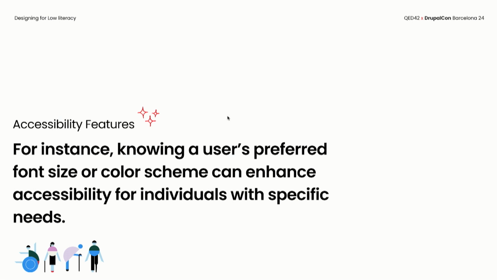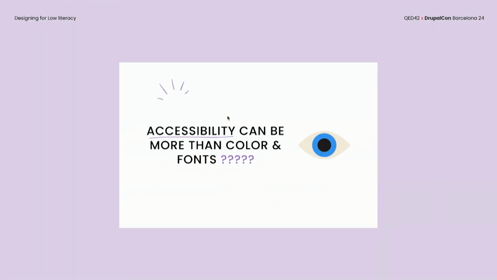Accessibility features, for instance, knowing the colors, what colors and color schemes users prefer, icons, and font size. But it's important to understand that not all colors work for users. Black and white works the most, and it is accessible for all users, but we can also understand what other color schemes can work. So in accessibility, do we only talk about colors and font? Is there more that we can look into?